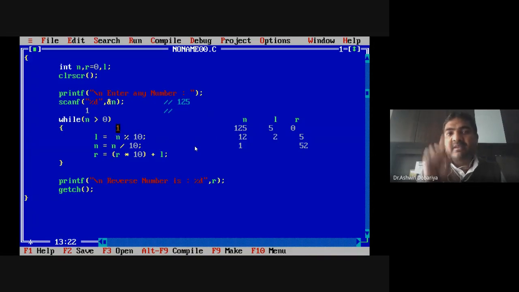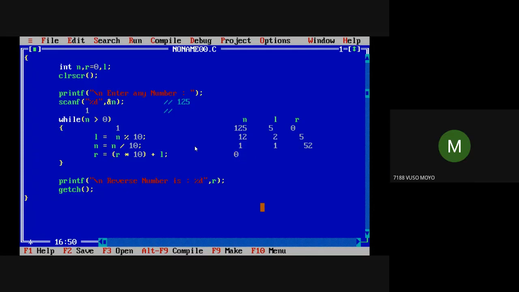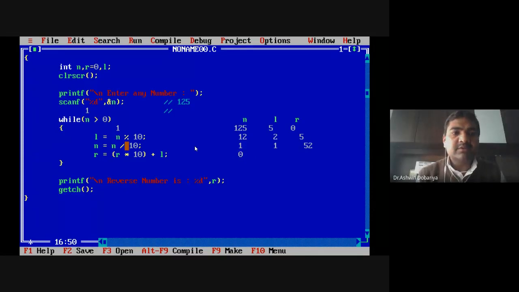So here the value of L is 1. Now 1 divided by 10 means 0.1, but it will ignore the 0.1. So now n becomes 0.